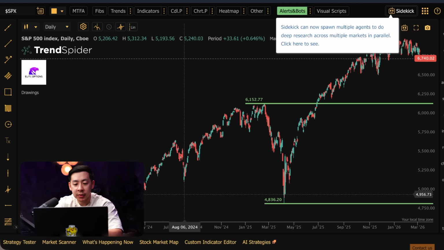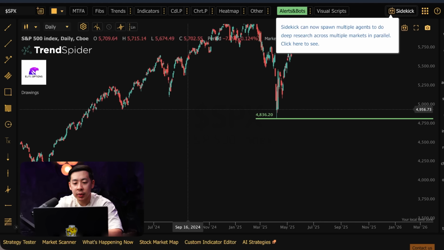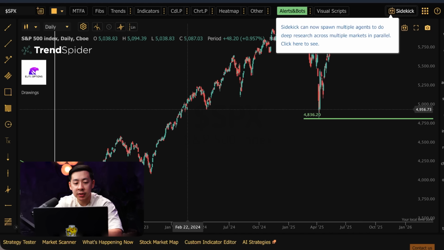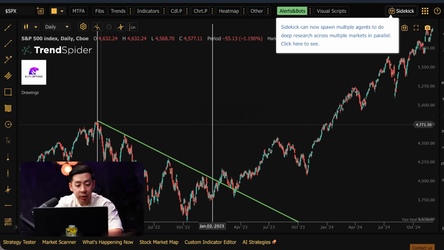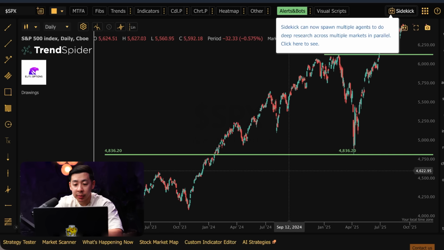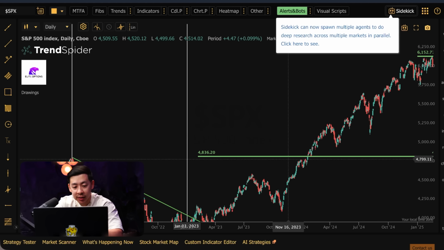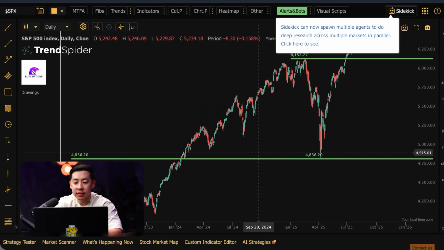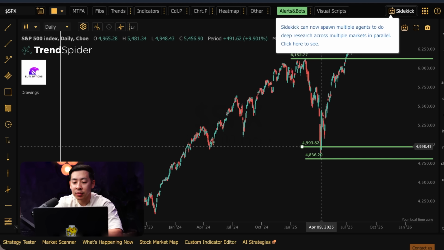When the market bottomed at 4,800, one way to identify if this is actually a major level is to zoom out. Going back to the 2021 top, when the market topped out after the Fed announced QT, it lines up exactly where we bottomed in 2025. So that alone is a level where institutional traders, hedge funds, and just smart money knew to buy down here. Did you need to buy at that exact level to make money? You didn't. The market also loves round numbers.